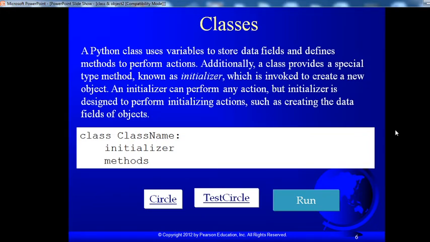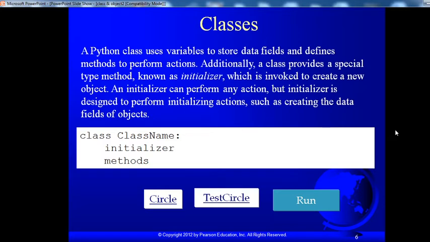Classes. What actually are classes? A Python class uses variables to store data fields and defines methods to perform actions. Additionally, a class provides a special type of method known as an initializer, which is invoked to create a new object. An initializer can perform any action, but it is designed to perform initializing actions such as creating the data fields of an object.